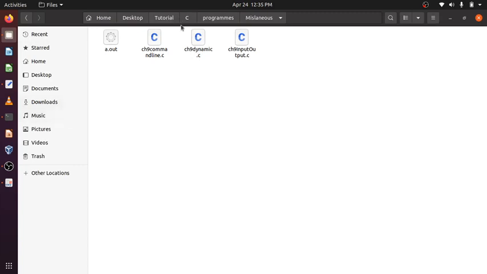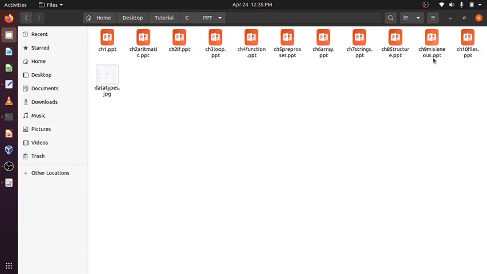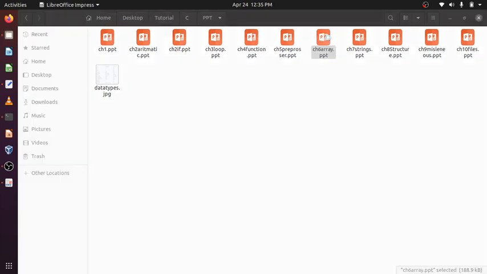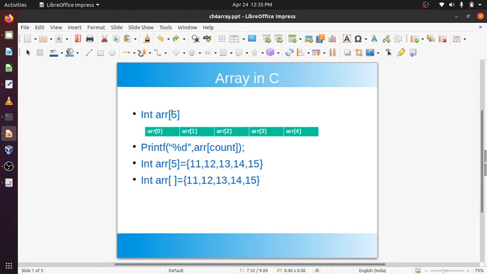Previously when I did arrays, in an array you have to give the size. You have to specify the size here, like int ARR[5]. Now suppose you don't know this size beforehand.